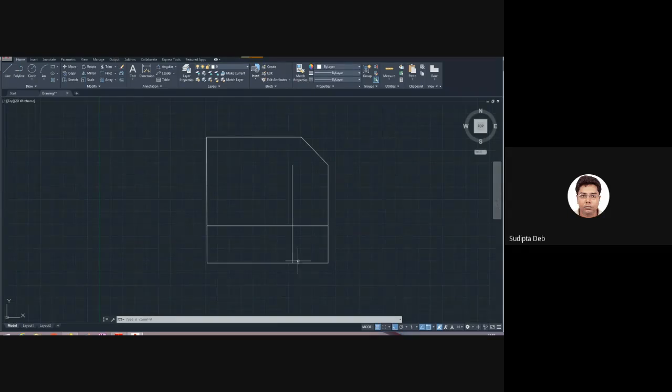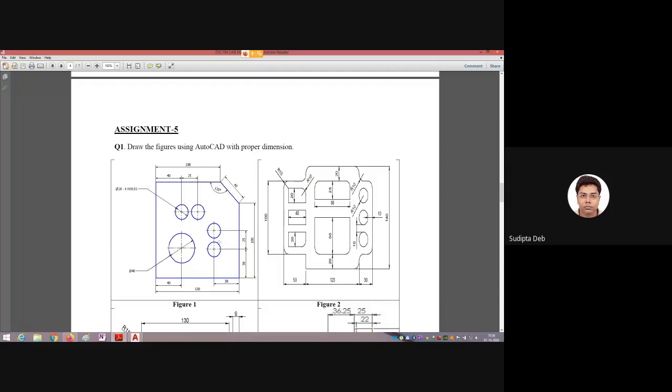With respect to this horizontal line, we have drawn this line. With respect to this vertical line, we have drawn this line. Both lines are intersecting here. That means this intersecting point is the center of the circle. You can see from this drawing, this is the center of the circle. Now try to understand what the diameter of this hole is. You can see here it is written Φ20. Phi means diameter. R means radius. Here in this shape you can see a capital R. Capital R means radius. Phi means diameter.